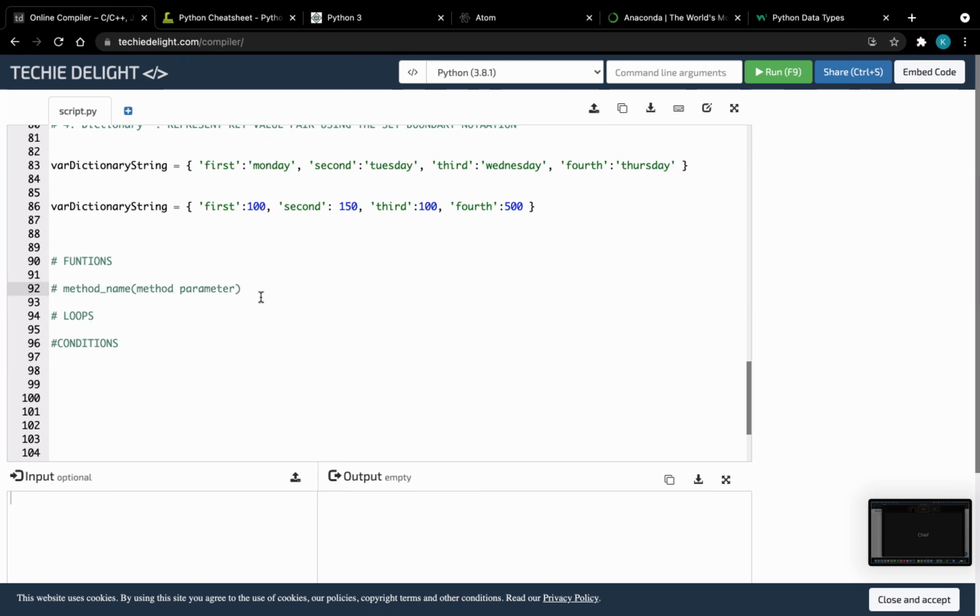Say the name before the brackets is the method name, and what is inside the brackets is the method parameter. If it's my example,